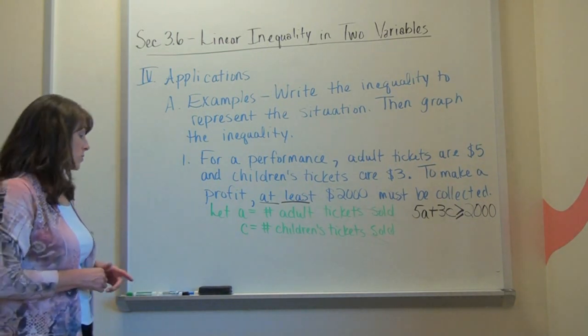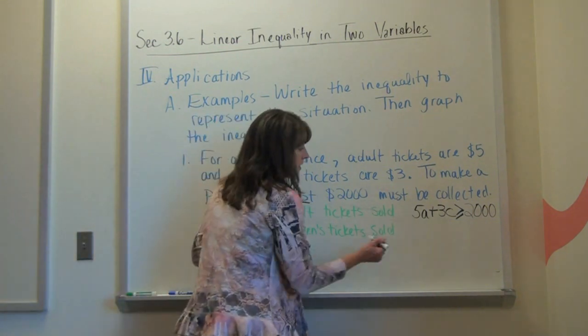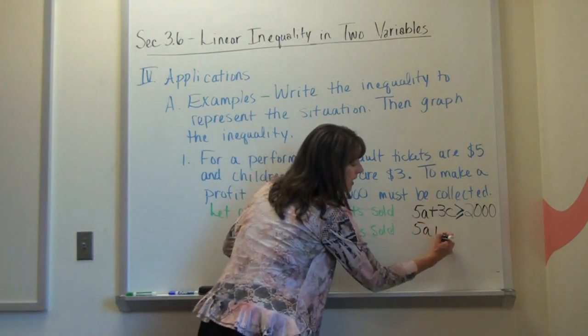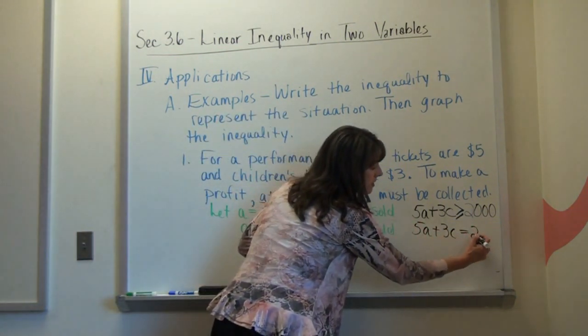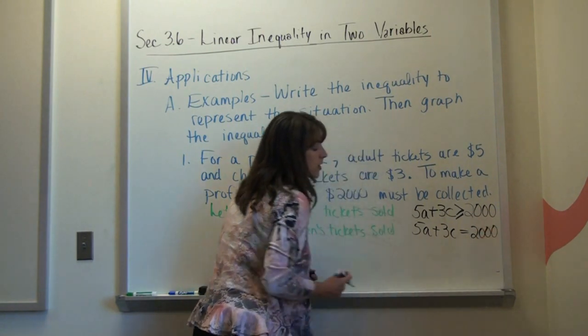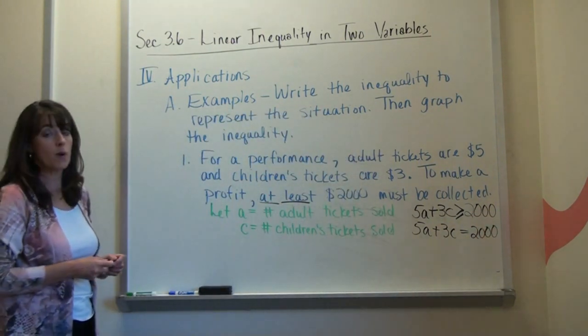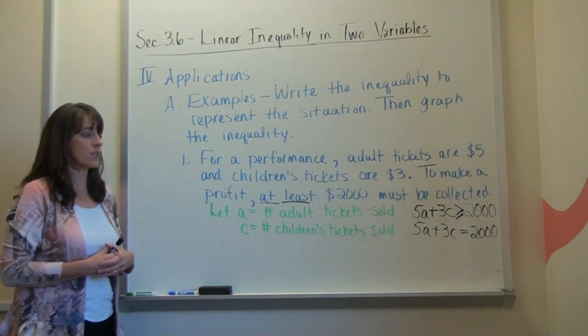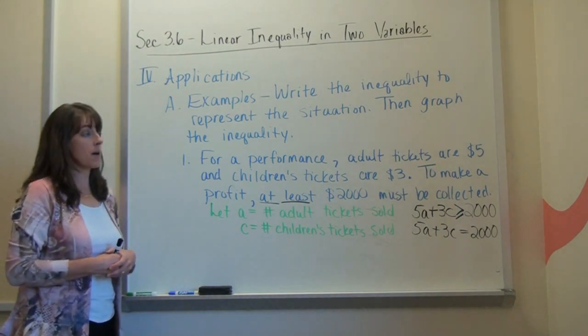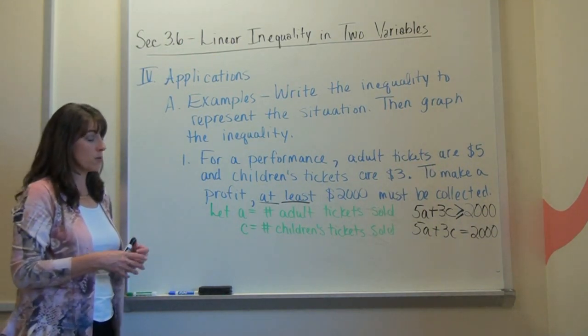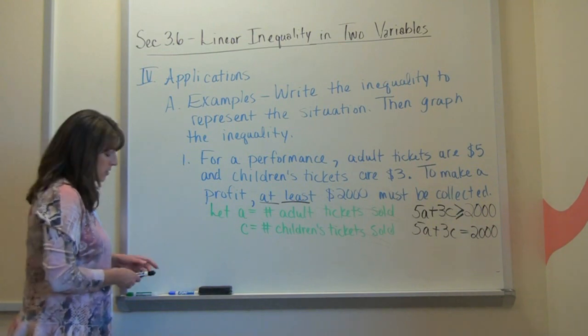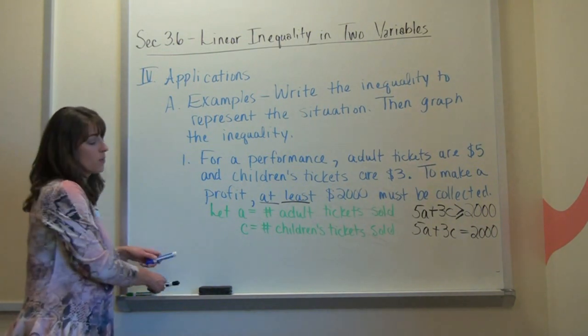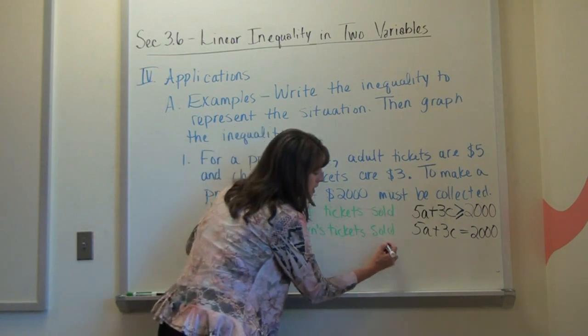So like we said, what we're going to do is treat it like an equation, and graph the line that's represented by that equation. There's a couple of ways of handling it. We can get X and Y intercepts, in this case A and C intercepts, or we can get the slope and the Y intercept, either way you want to do it. So I'm going to go ahead and try to get the X and Y intercepts. So to get that A intercept,